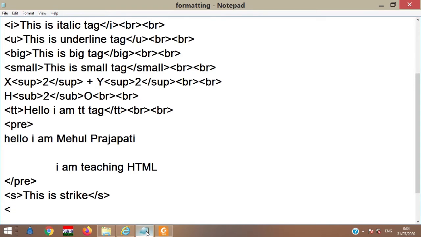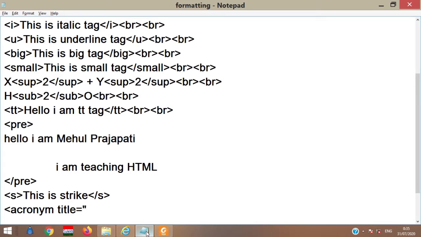Now using an acronym tag with its attribute name title. It is a very interesting tag. Let us see how it works.